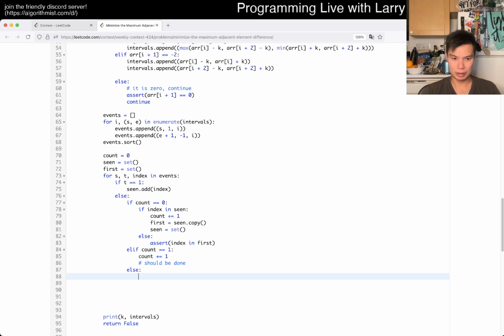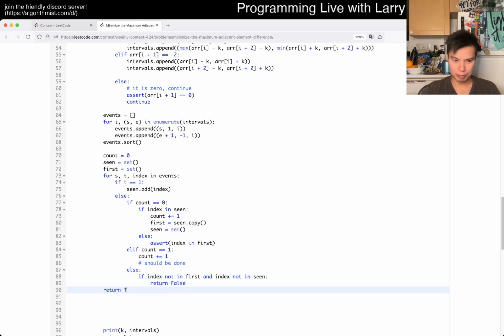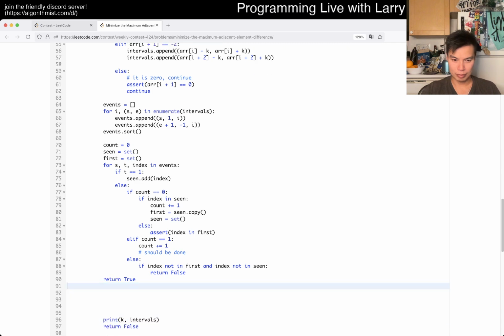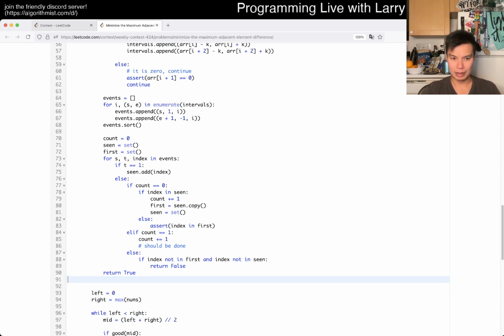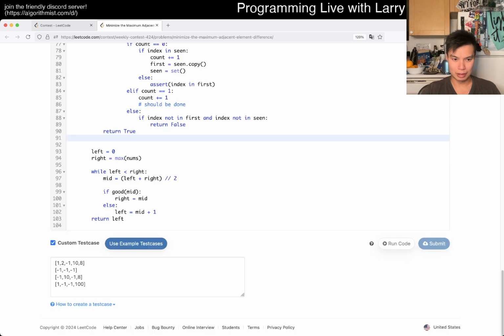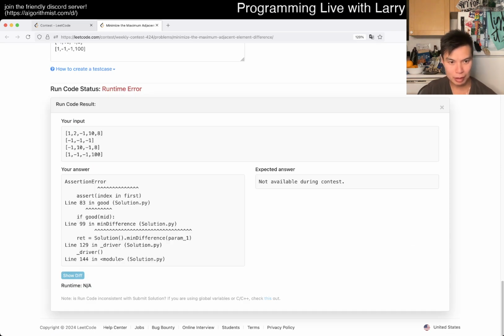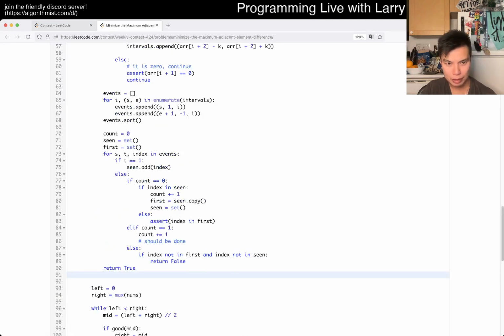Else if index not in first and index not in seen, return false, maybe. Something like this. I don't know if this is right. I think the idea may be right, but assert index in first. So okay, so